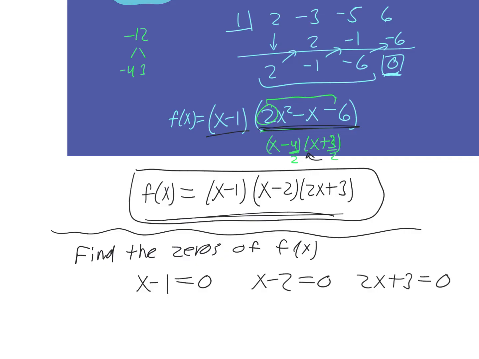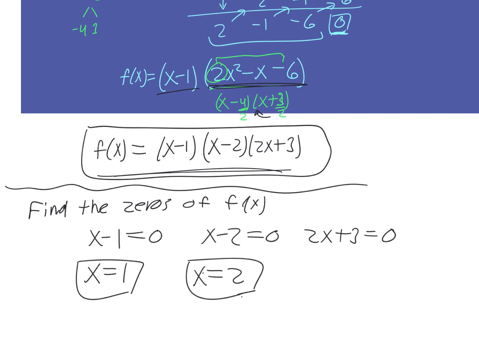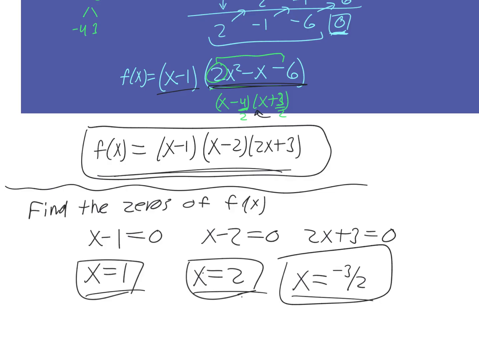Right, so this is just extra stuff for you, because you are going to run into problems that ask you to find the zeros, find the factors, and find everything. Some of these questions get kind of intense, right? There's a lot of parts to them. And you get x equals negative 3/2, right? So then these are our 3 zeros,